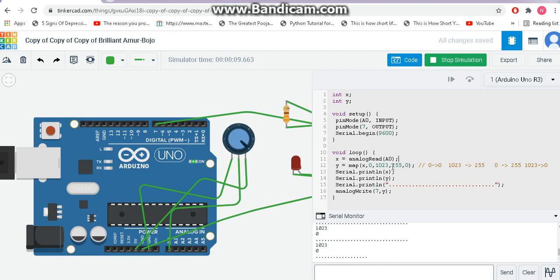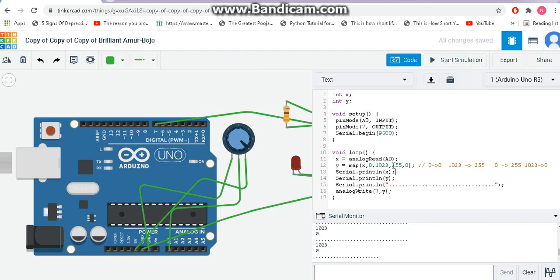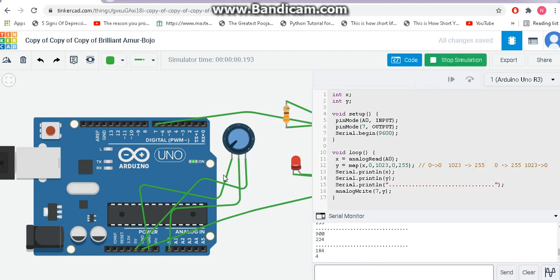If you want, I can quickly do both scenarios. So I will stop the reverse scenario and first do the normal scenario again for your sake, just for comparison. I will first make it 0 to 255 now, and I will show what happens. So this is the normal scenario. Just ignore this, we will start from here.